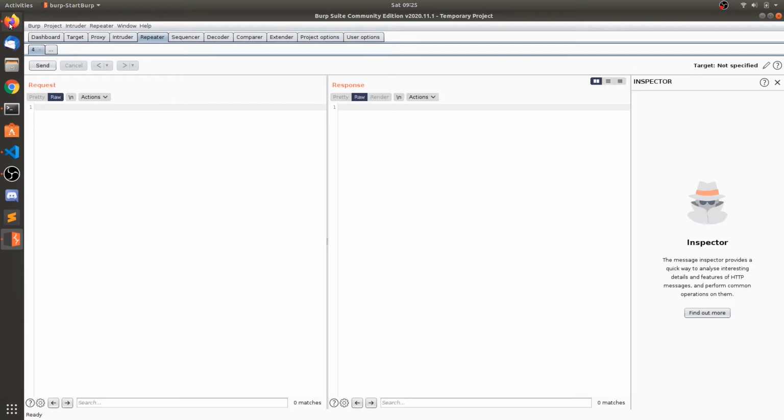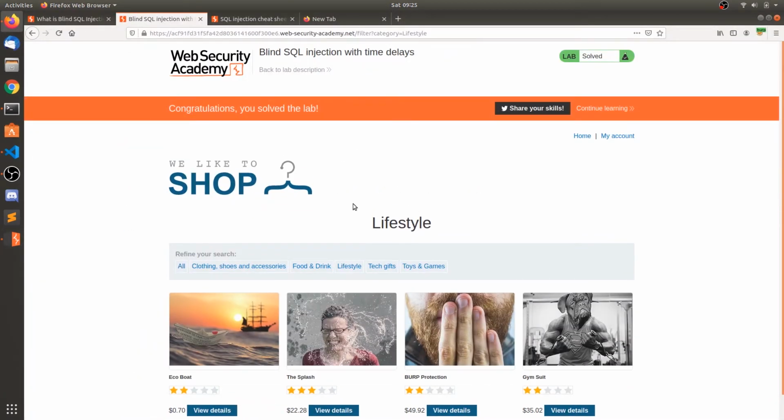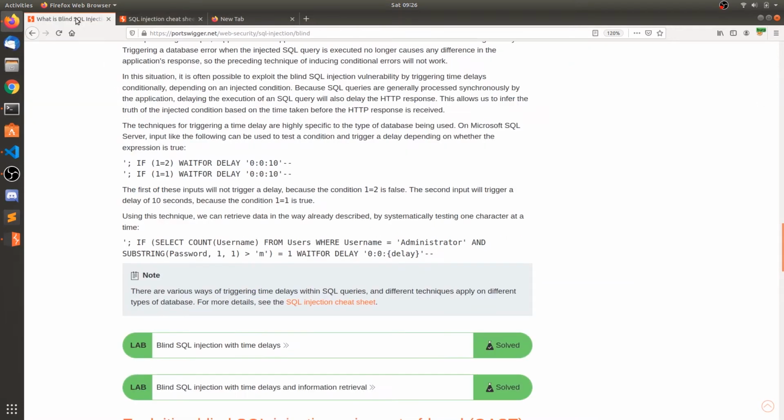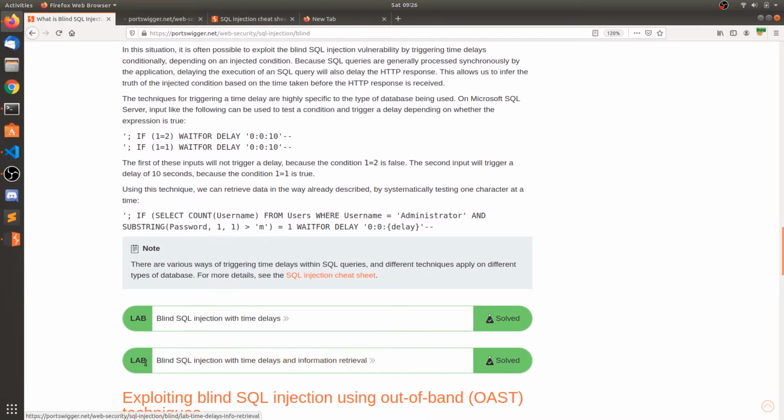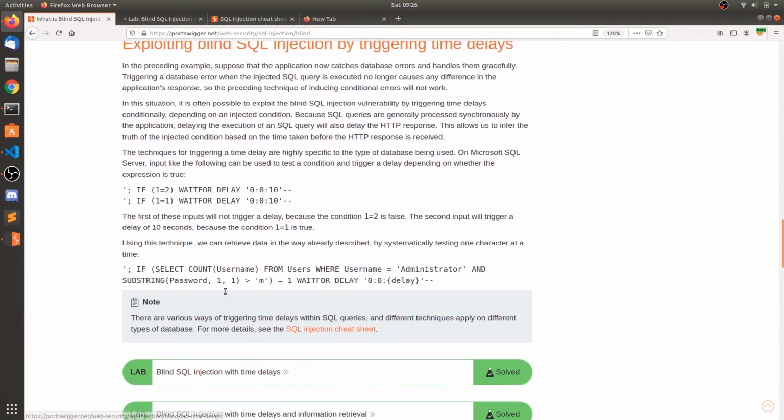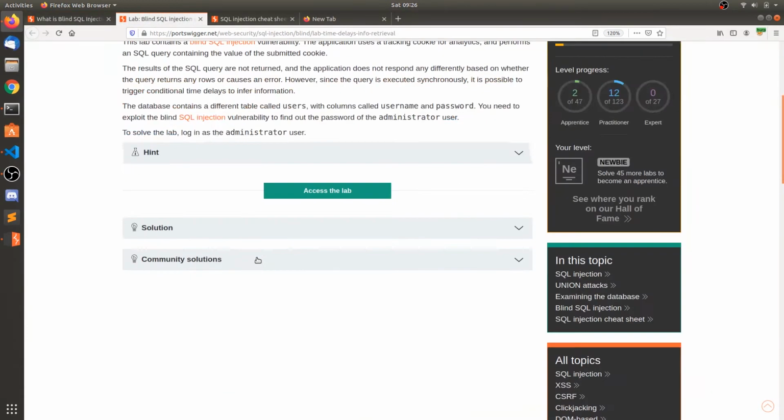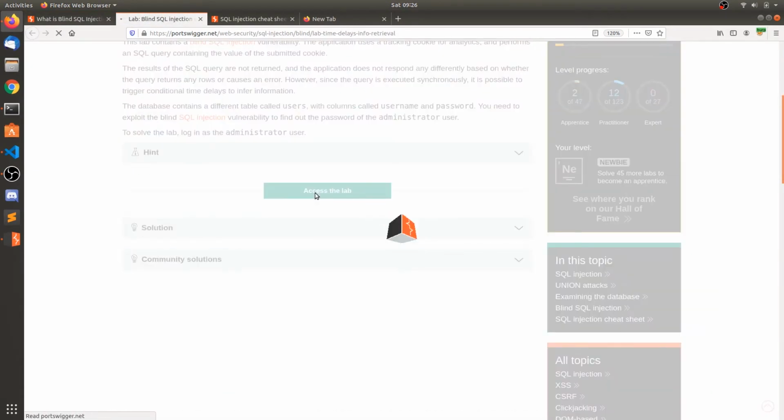So okay, that is the basic time-based SQL injection. Let's go ahead and do the second lab. We need to retrieve the information from the database. Okay, let's access the lab.